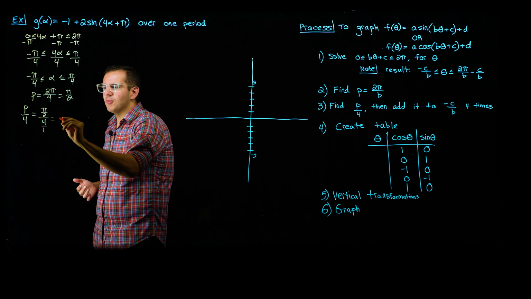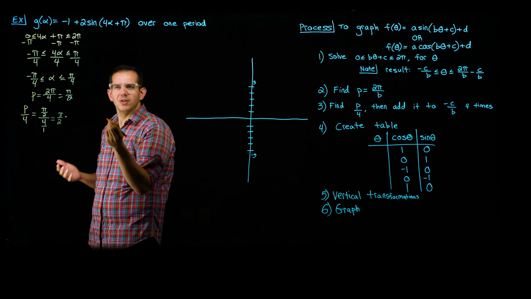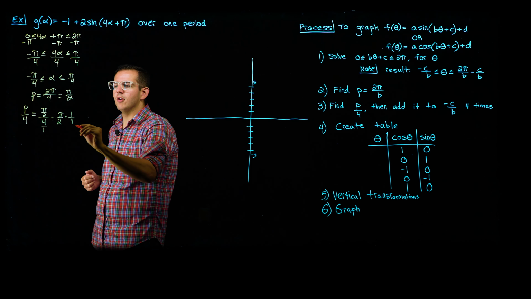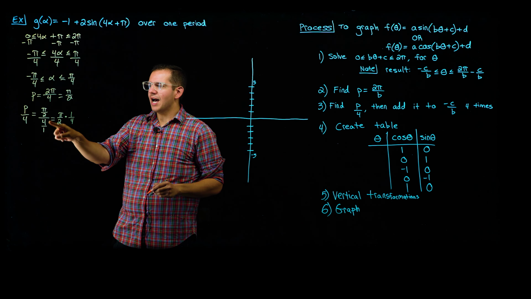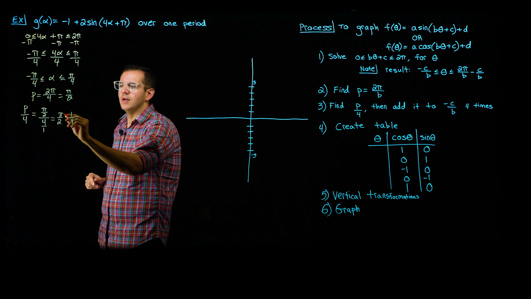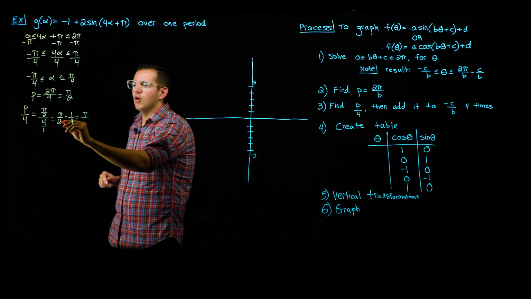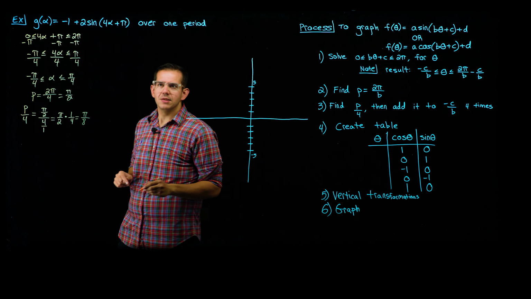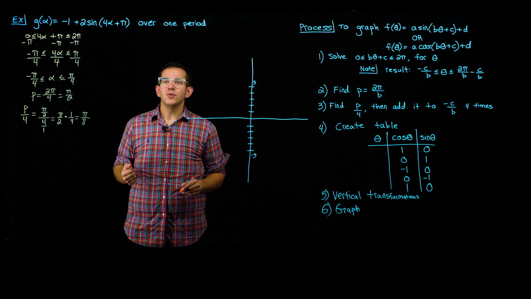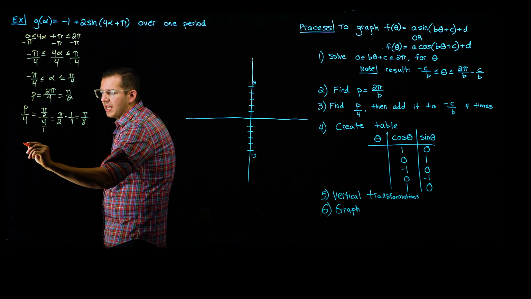You copy the numerator, pi over 2, you change division to a dot, meaning multiplication, and then you flip the denominator, 1 over 4. Copy dot flip, we get pi over 2 times 1/4. You just multiply straight across to get 1 pi, or just pi, over 2 times 4 is 8. This is our p over 4 value that we're going to add 4 times. So we can create a table